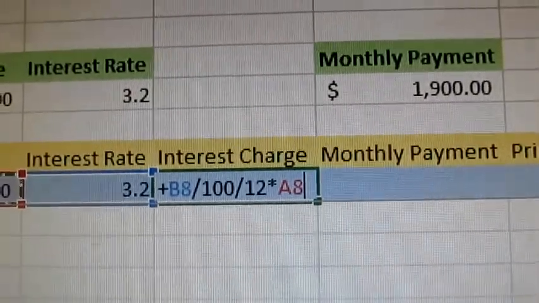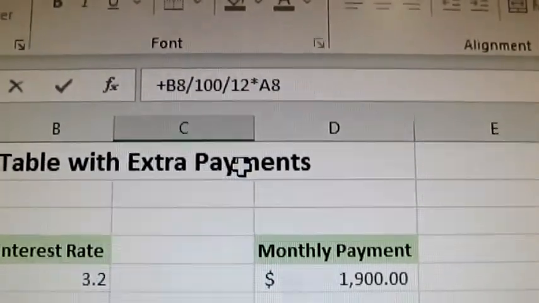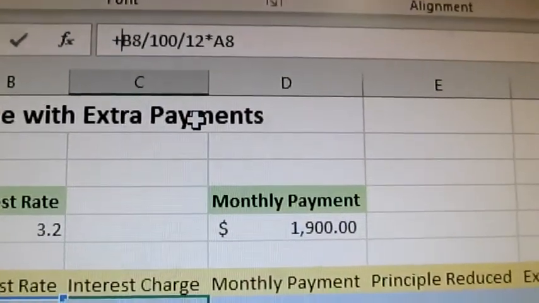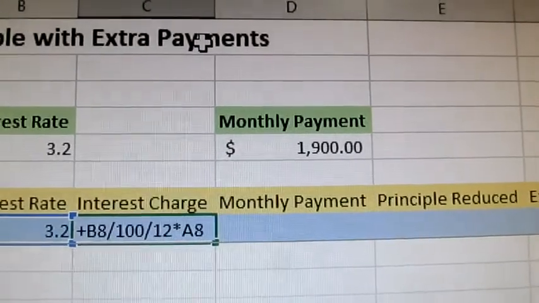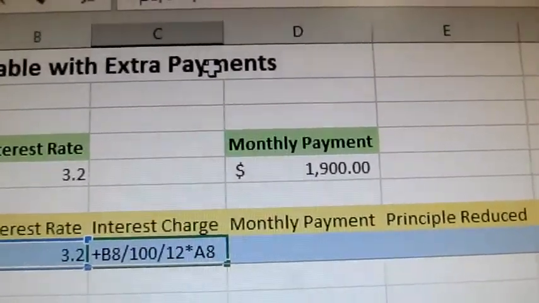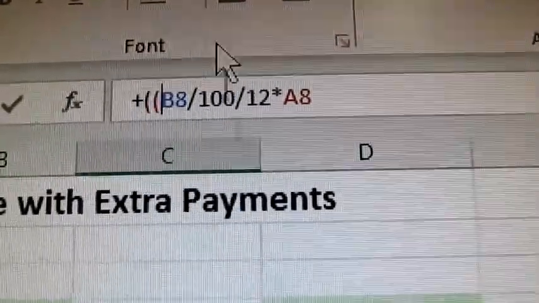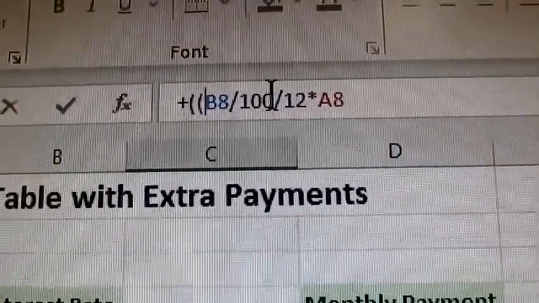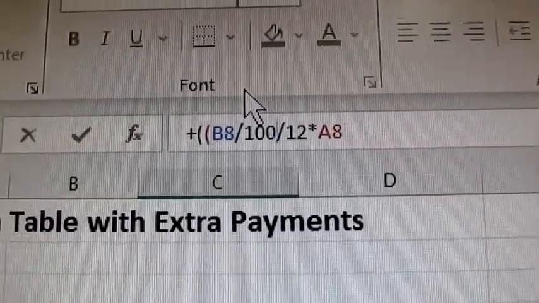Now we're going to input some brackets so that we have the right order of operation. So it's going to be brackets in here. We're going to do a bracket here, so 2 brackets in here. Then we're going to put 1 bracket after the 100, because the first operation is going to be